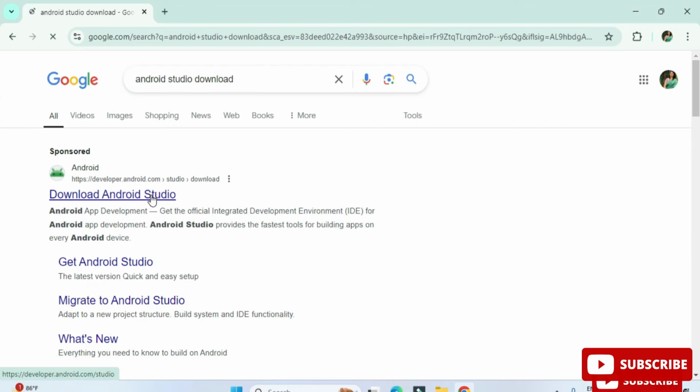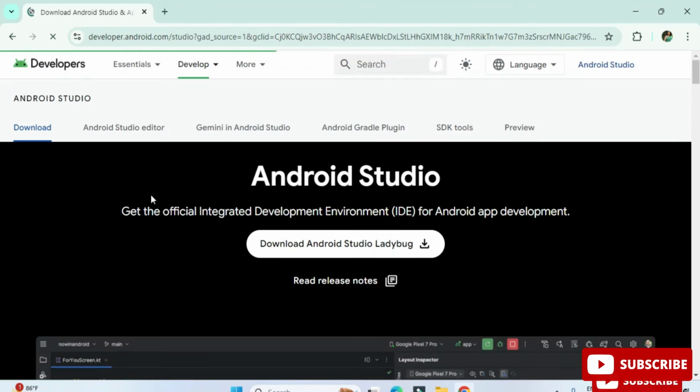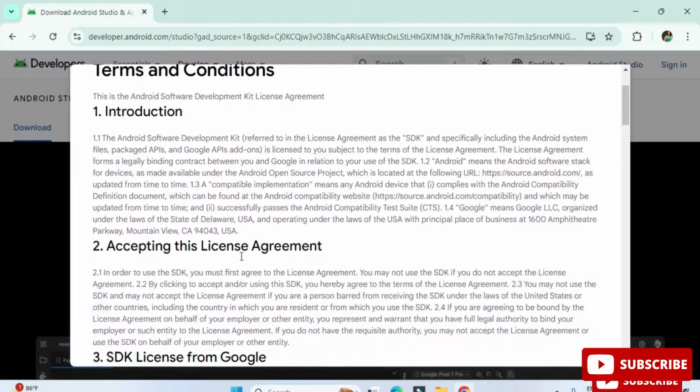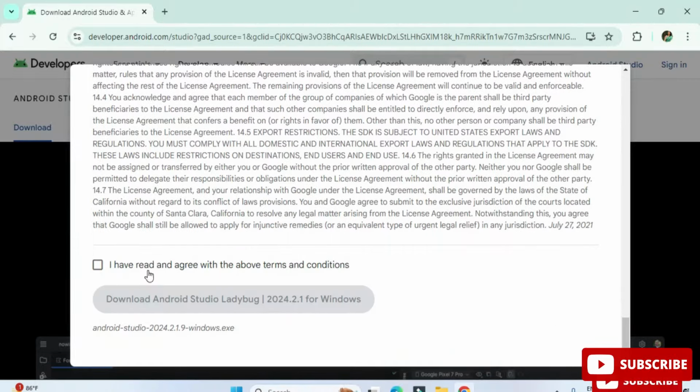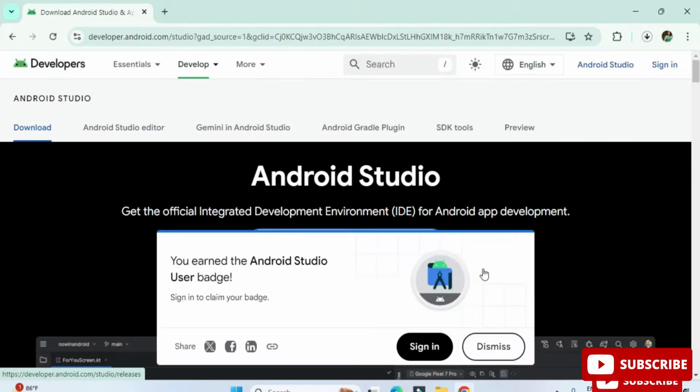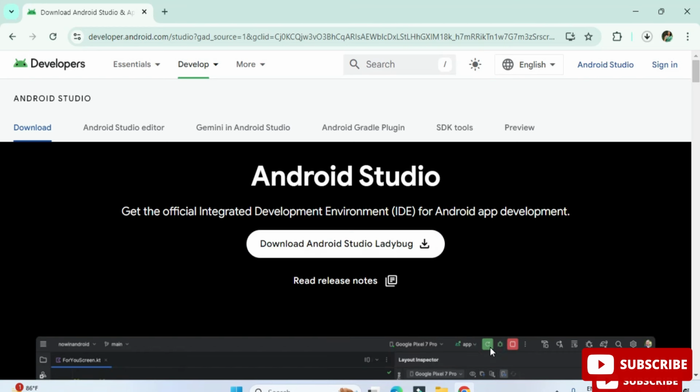Here you can see it's showing Get an official IDE. You need to click on this download button, and guys you will see the license agreement page over here. Just scroll down and click on this checkbox and this button. So guys here it's showing me some message. I'm going to click on the dismiss button, and you can see my download has been started, and it is going to take time, so please wait. And guys remember one thing, here you need a strong internet connection because we need lots of downloads. Now to install I'm clicking on this exe.